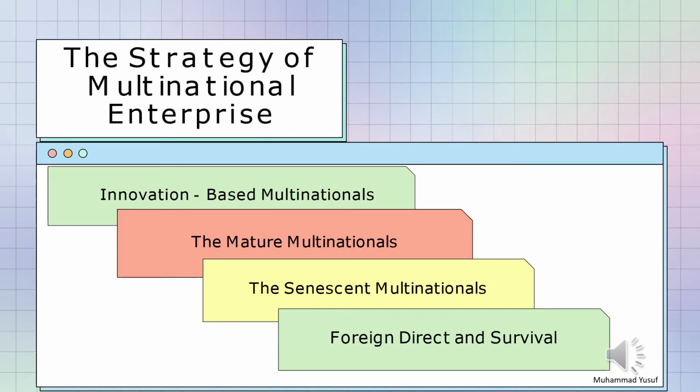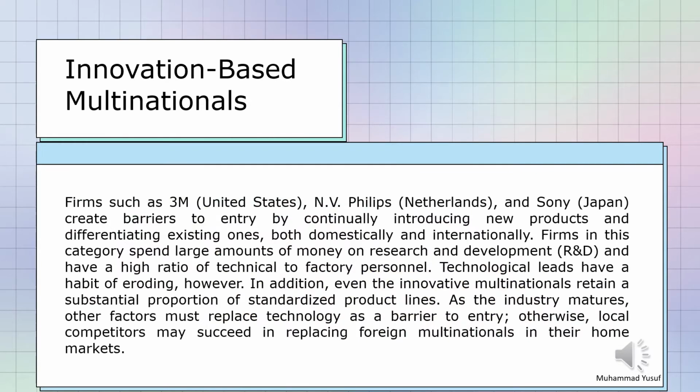Number one is innovation-based multinationals. Number two, the mature multinationals. Number three, the senescent multinationals, and the last one is foreign direct investment and survival. Firms such as 3M, United States,